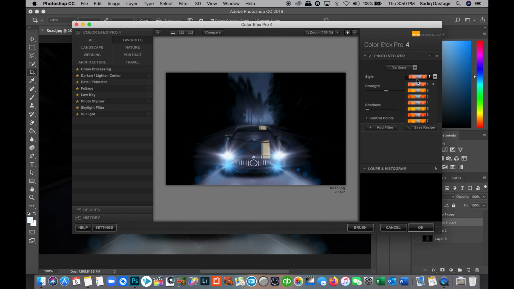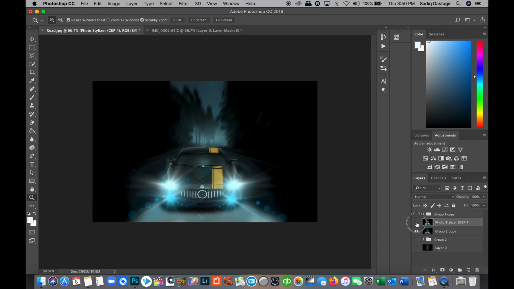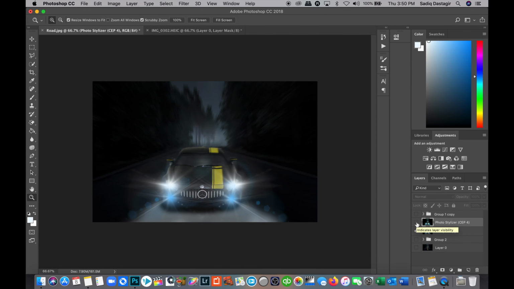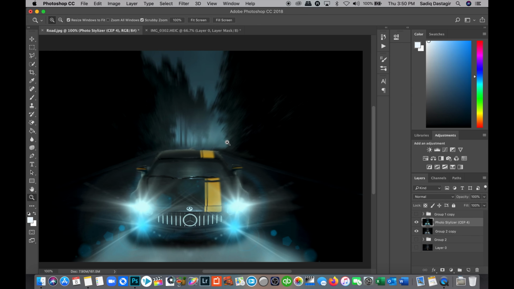Going below, you can drop down from this menu and see what looks good. Okay, this is looking really cool, a retro feel. We can go further down and select whatever you think is your choice. I think number 3 looks good, and here we go. We should deselect this layer. Okay, this is what we had earlier, and we select this layer again. This is what the stylizer had given, nice color grading and a nice film look.